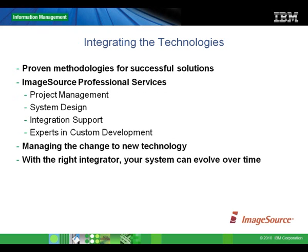throughout. If you're looking at implementing an ECM solution, finding the right integrator for your ECM project may be the most important decision you make. Because the technology in this industry can change dramatically over a short period of time, it's vital to have the most up-to-date information, technology, and products from experts that allow you to take advantage of advancements. Because technology changes quickly, with the right integrator, your system can evolve over time and you can obtain the highest